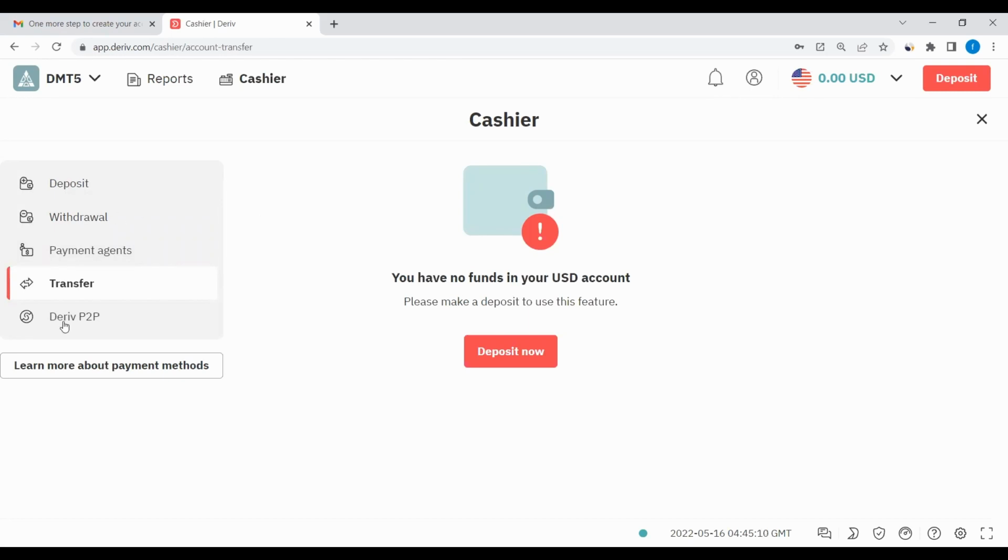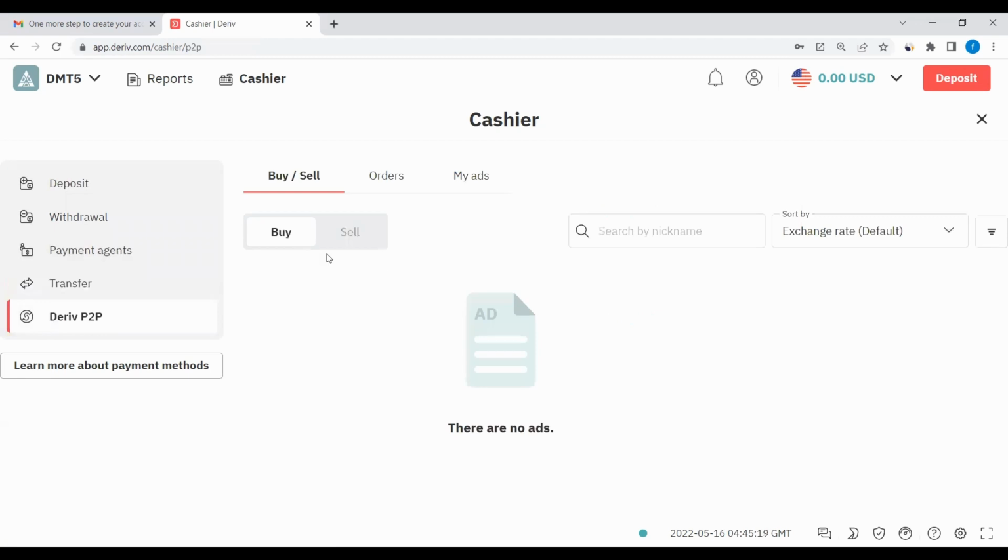Also, there's another service under Deriv, which is Deriv P2P, peer-to-peer. You can get cash from people, right? You can buy, you can sell. If you have money, you can sell. If you want to deposit using peer-to-peer, for example, I can buy, right? So I can register for this service, and then I start seeing people's adverts that I can buy from them. So this is how we fully create a Deriv account,